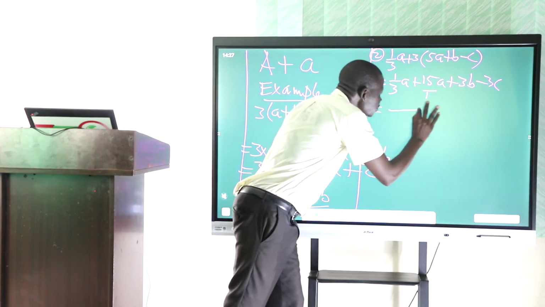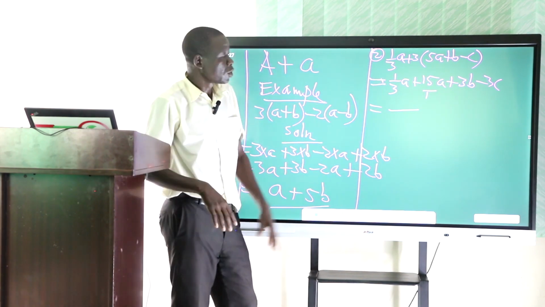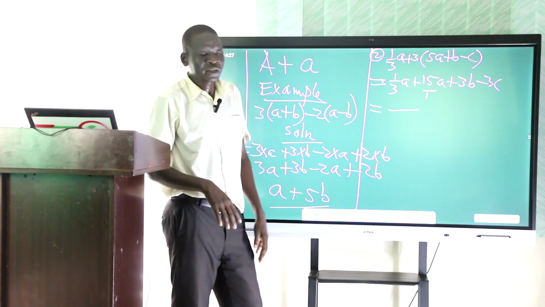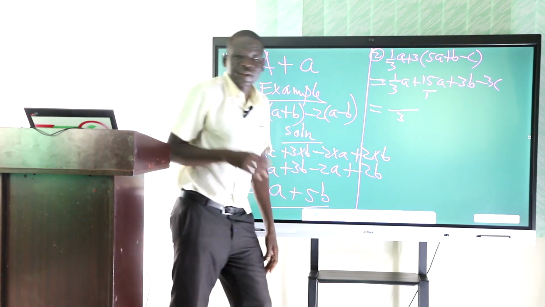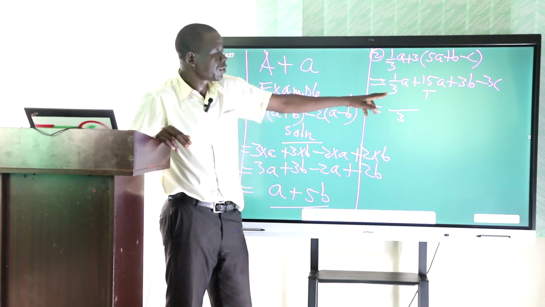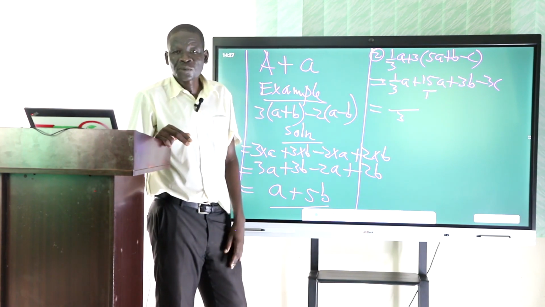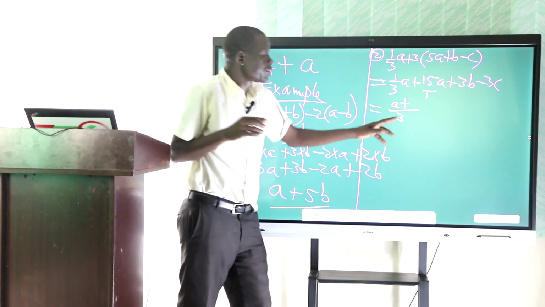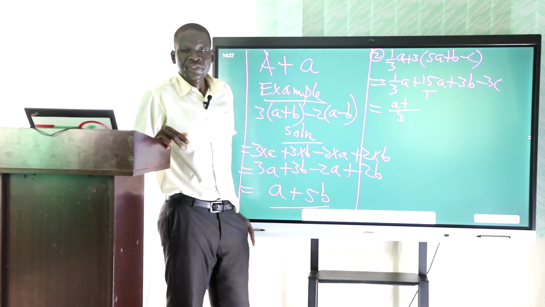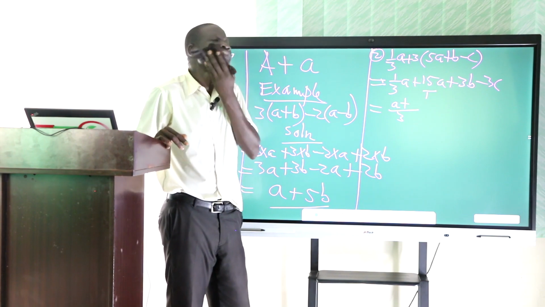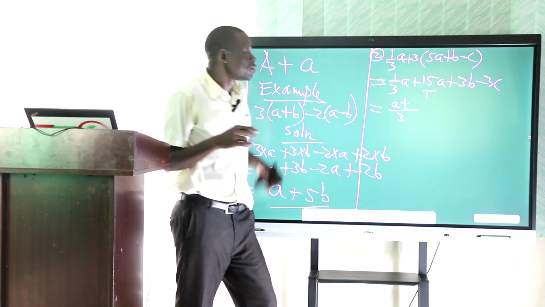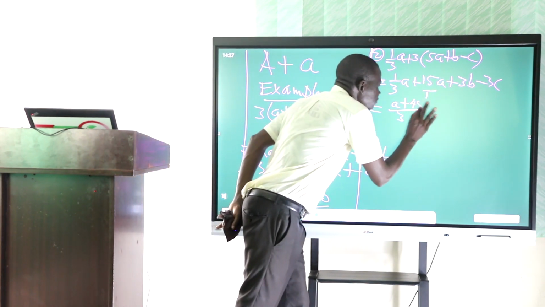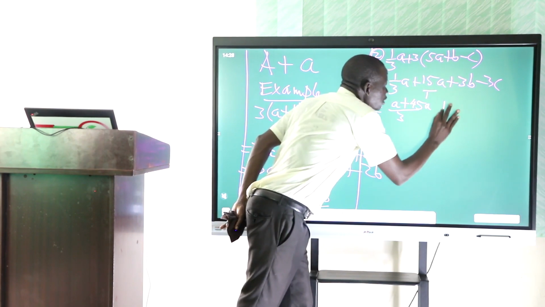So it means we shall get the LCM of 3 and 1, which is 3. 3 divided by 3, we get 1. And 1 times 1a, you get a. Plus 3 divided by 1, you get 3. And the 3 times 15a, we get 45a. Then plus